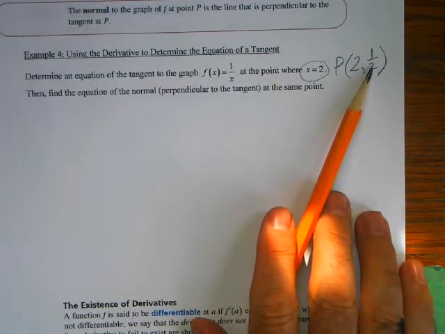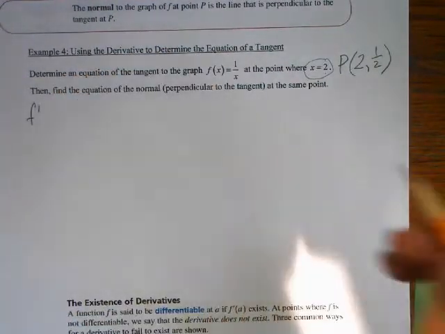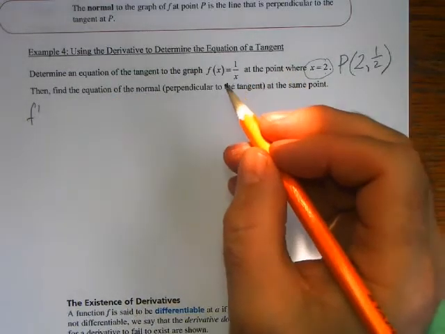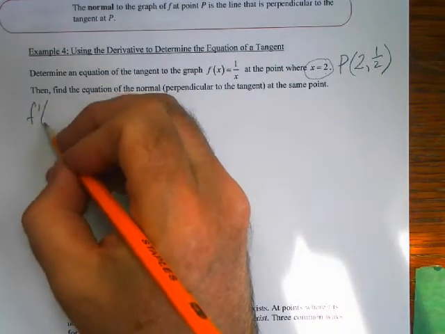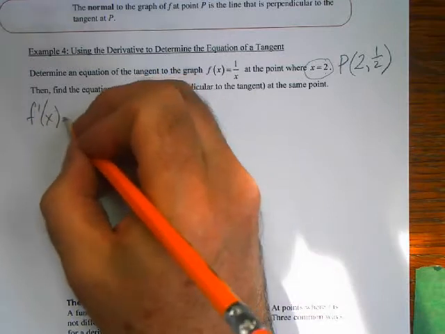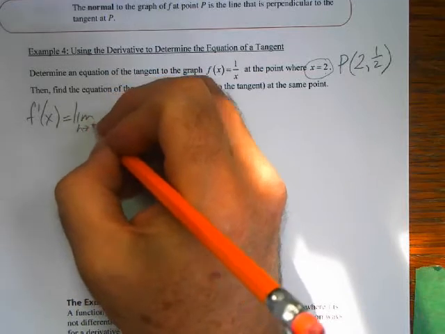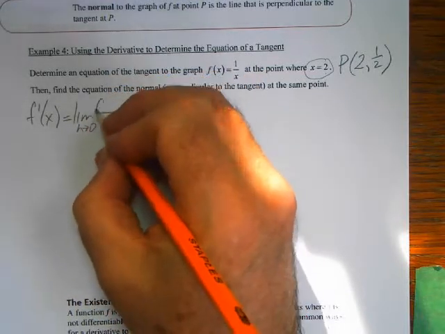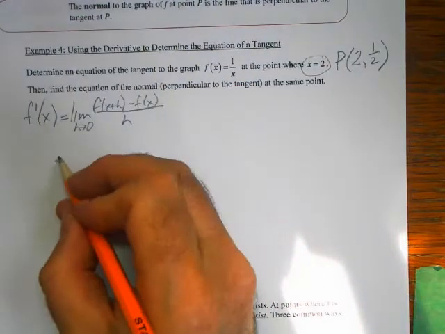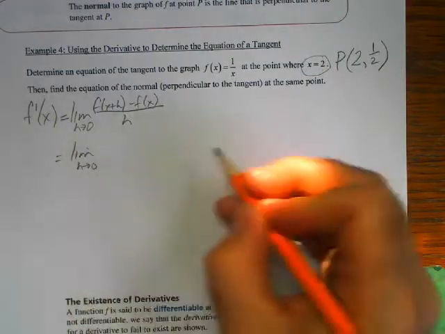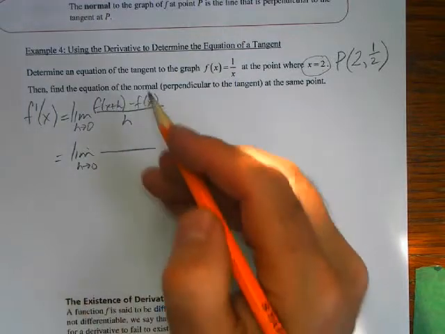All right, so let's do the general formula here. We don't have to, but I'm going to because it could be useful. So again, this is the limit as h approaches 0 of f of x plus h minus f of x over h. Okay, so this function now is 1 over x. So this is going to be 1 over x plus h minus 1 over x